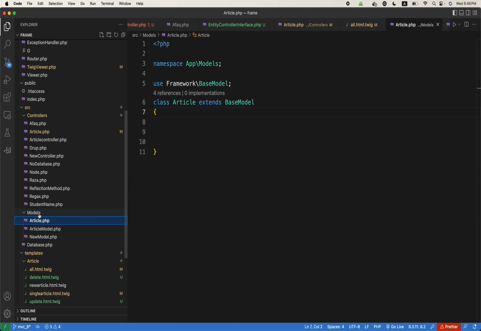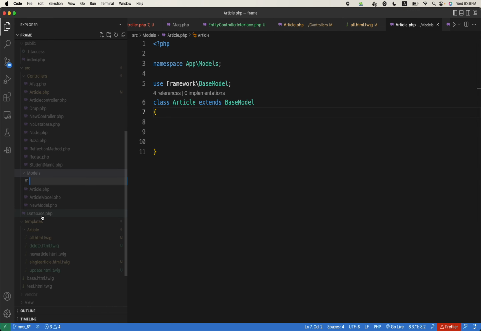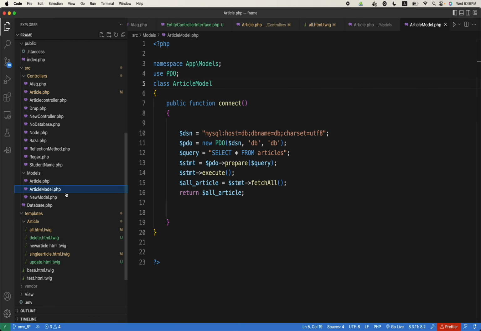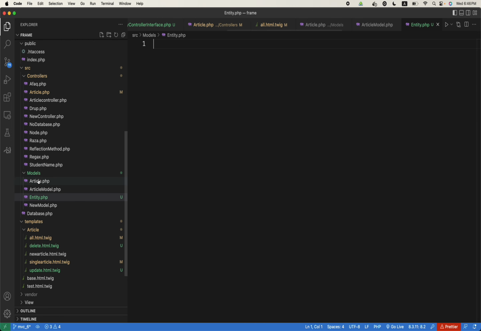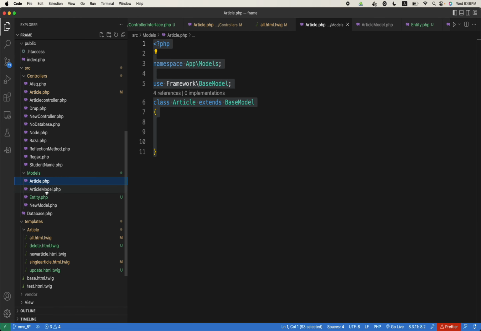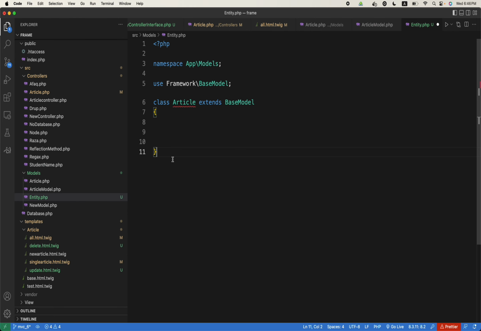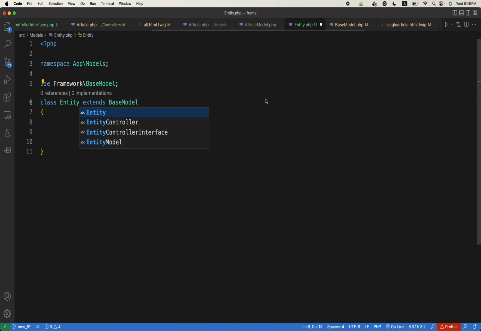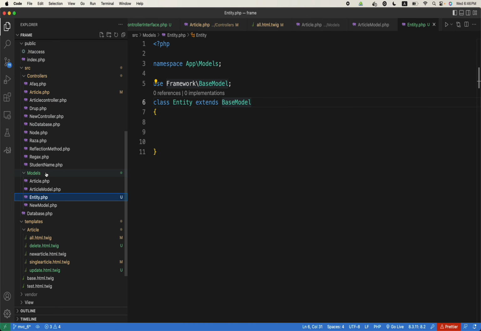So what we can do is quickly create a new entity.php, which will be just like an article, a simple class like this, which extends what? The base model. We have already done a lot of stuff in the base model, so we are not going to touch that, but at least we will paste it here. So it should be class entity extends base model. So in the controller,